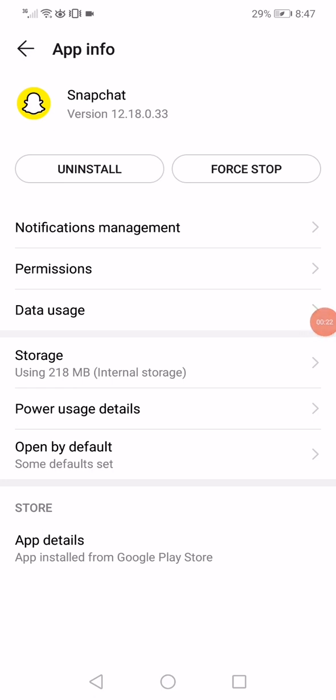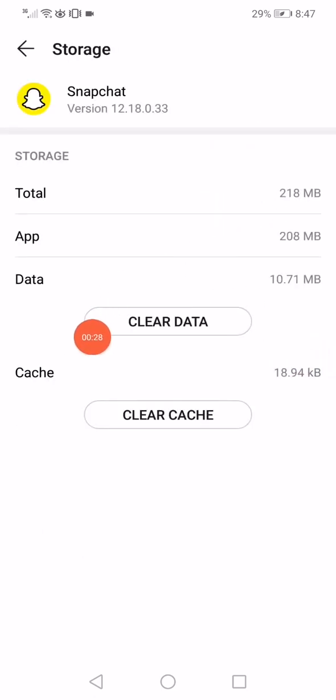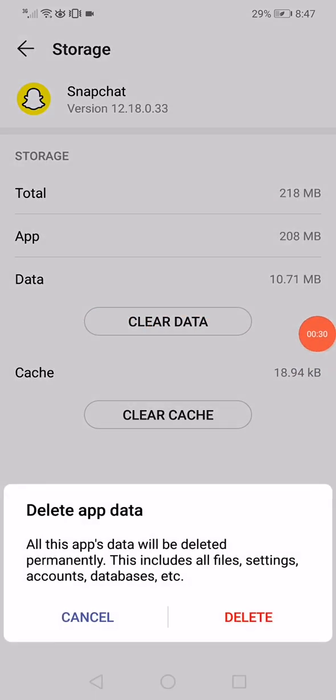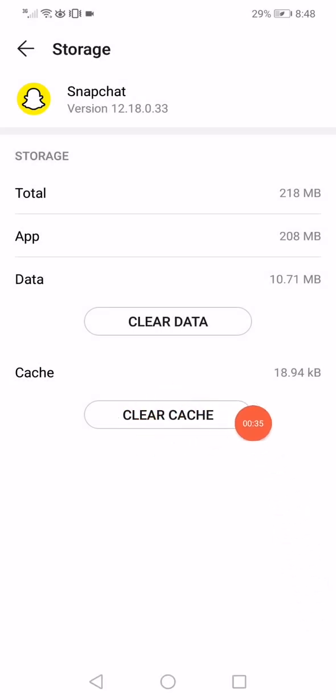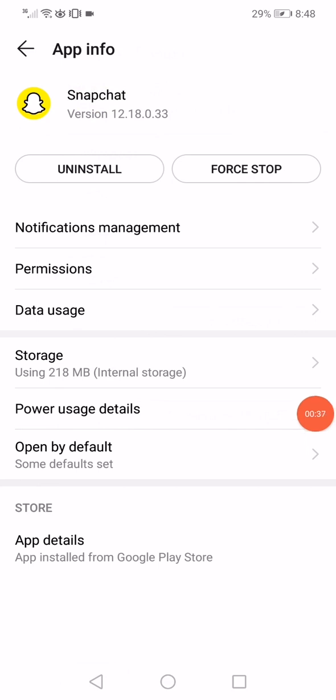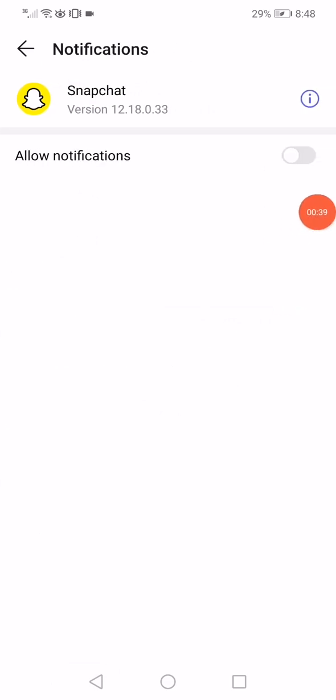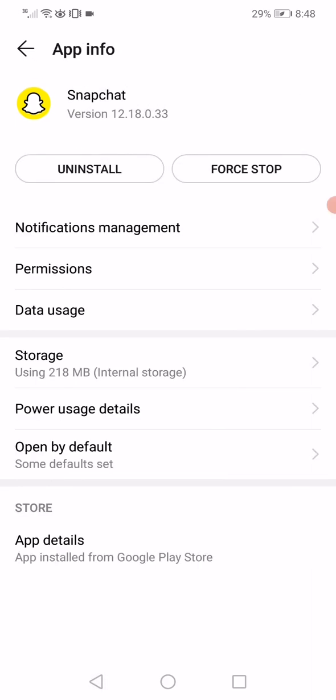When you click on it now, all what you want to do next is click on force stop and then go to the storage, click on clear data and click here on delete and then click on clear cache. Go back, click on notifications management, make sure to disable the notifications and then click on data usage, make sure